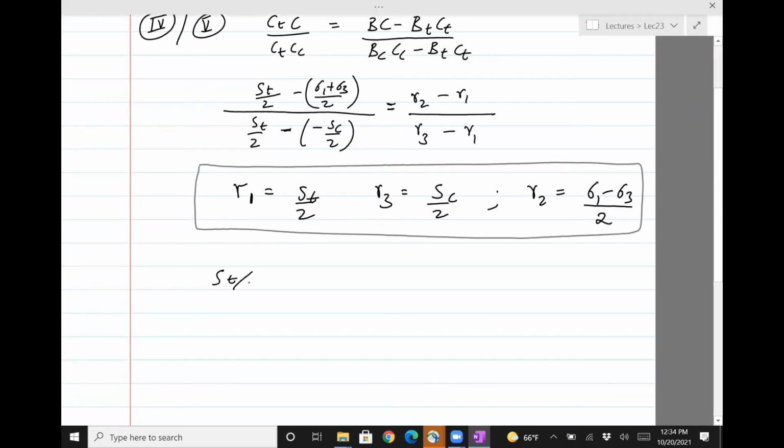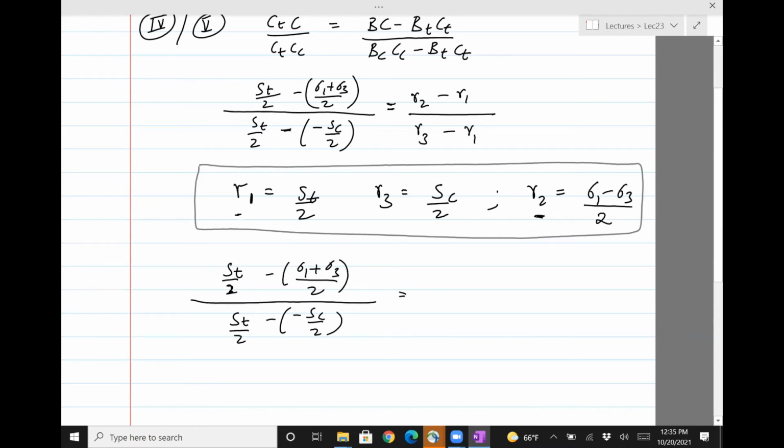So in the numerator, we still have ST divided by 2 minus sigma 1 plus sigma 3 divided by 2, whole thing divided by ST divided by 2 minus SC divided by 2 equals R2 minus R1. So sigma 1 minus sigma 3 divided by 2 minus R1, which is ST divided by 2. The whole thing divided by R3, so SC minus R1, which is ST divided by 2. Okay, so that